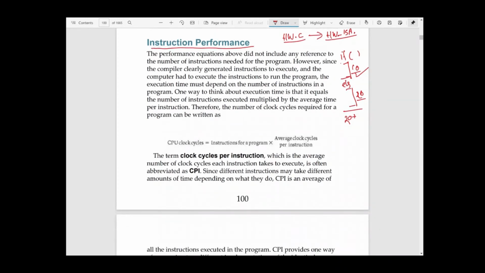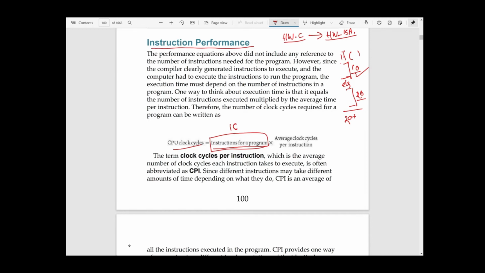So now if we go for clock cycle time again, previously we said that the CPU time is the total cycles required times the clock cycle time. Then the total cycles required can be calculated like this: the total instructions of a program, and the CPI, the average cycles per instruction. This is called CPU clock cycles. CPU clock cycles means whenever we run a program, how many CPU cycles it takes. How to calculate it? First of all, we calculate how many instructions it is executing. This is called instruction count, IC.